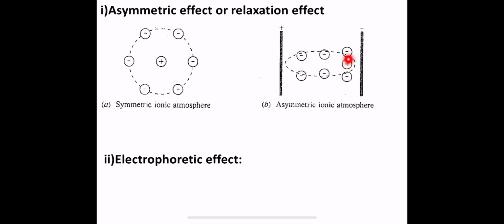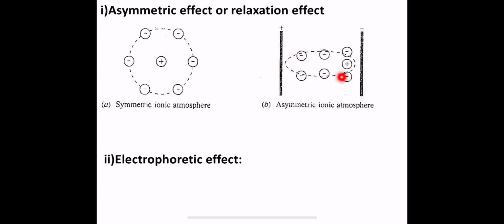That is because of these negative ions which will get attracted towards this anode. Okay, so this phenomenon is known as asymmetric effect. The moving positive ion leaves behind the old ionic atmosphere and builds a new atmosphere, so that the symmetry is rectified. But the rate of formation of the new atmosphere is slower than that of a decay of the old atmosphere. Okay, so slowly, these negative ions, that is anions, will start creating their own new ionic atmosphere, and the asymmetry is rectified.